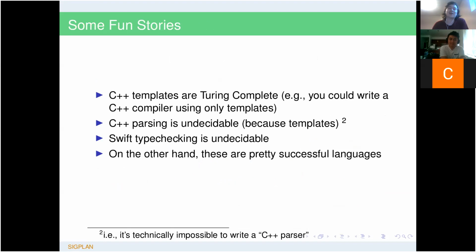There are some other fun stories of things going wrong. For example, C++ templates are Turing complete. So you could write any program using just the template part of C++. You could write a C++ compiler using C++ templates, which would be dumb, but it's possible. A consequence of this is that C++ parsing is actually undecidable, because you need to be able to parse the templates, which means you need to instantiate the templates, which means you need to run them. So there's actually no such thing as a C++ parser, because you have to write an algorithm that does C++ parsing. It's undecidable. So all the C++ parsers only sort of parse C++, which,